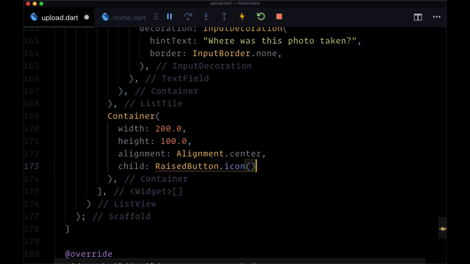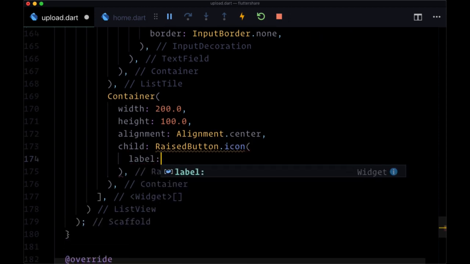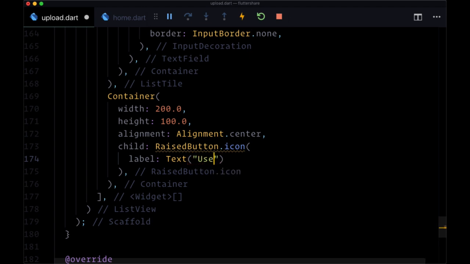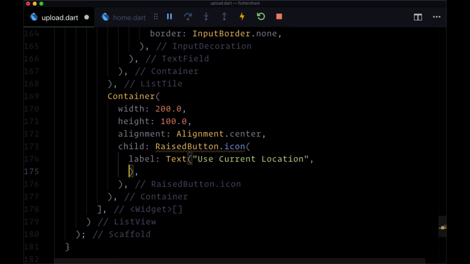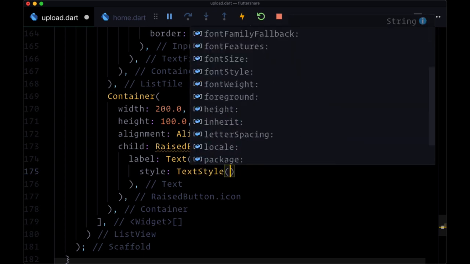So this is a good widget to use whenever you want to have a button with an icon in it. There's both FlatButton.icon and RaisedButton.icon. And for its label, we'll use a Text widget. So basically the text inside the button, say "Use Current Location." And for its style, the TextStyle is going to have